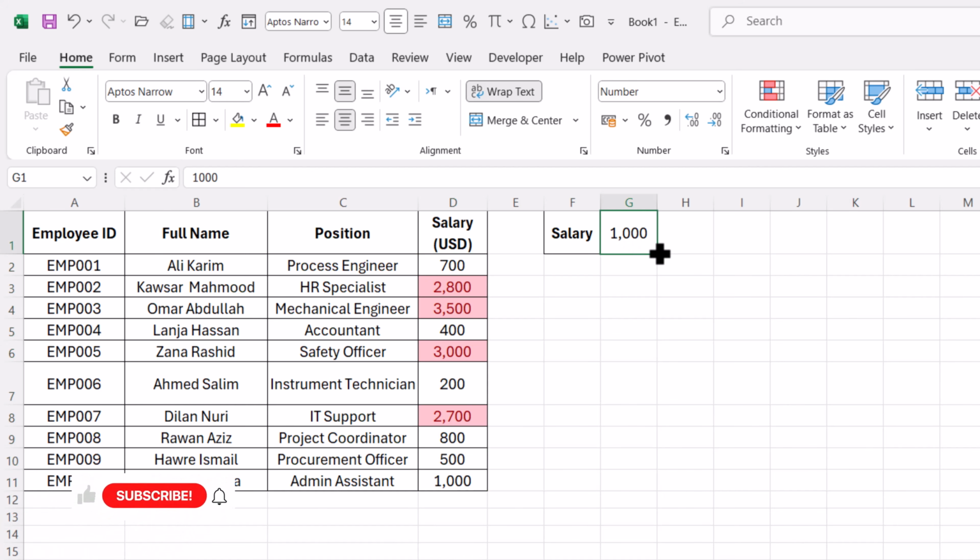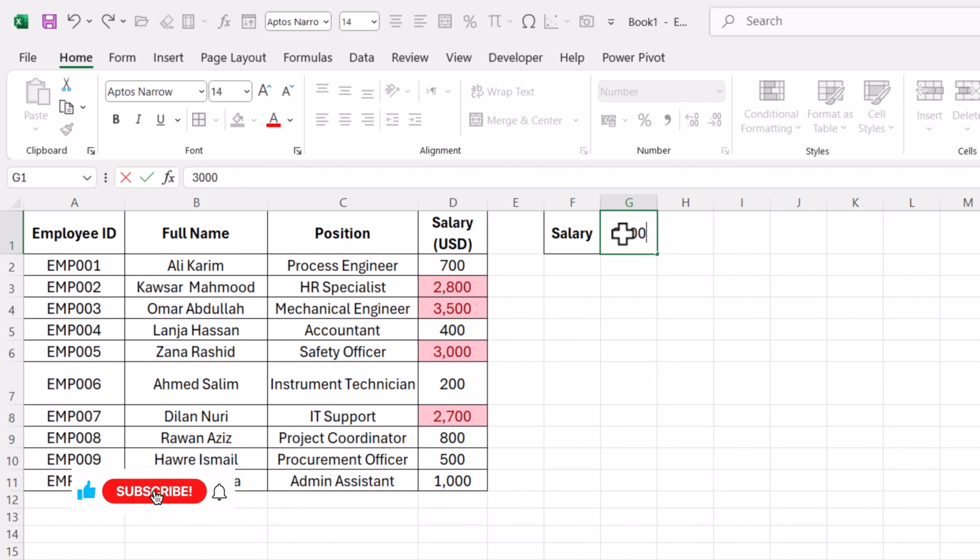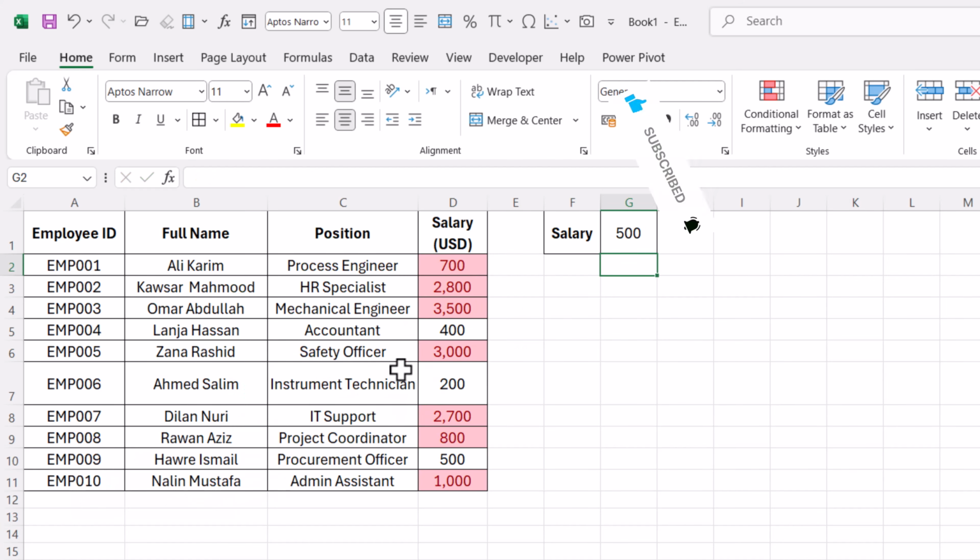Hi everyone, in this video I'm going to show you how you can automatically highlight a cell or row in